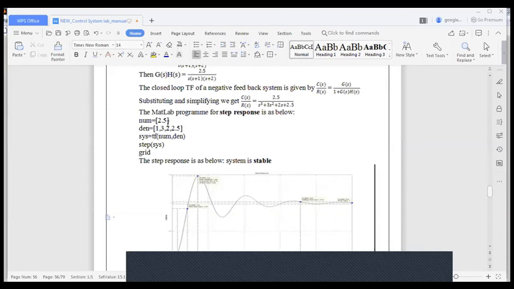Here also the procedure for entering the program in MATLAB is the same. So in the numerator, you have 2.5, that is the coefficient corresponding to s to the power 0. In the denominator, after you simplify s into s plus 1 into s plus 2, you will see that the highest power will be 3, s cube. Then you will have 3s square plus 2s plus 2.5. So the corresponding coefficients, in decreasing power of s, have to be entered in the variable within a square bracket. Then you observe the system response. Now this is what you are seeing in the lab manual. You can check in the MATLAB.